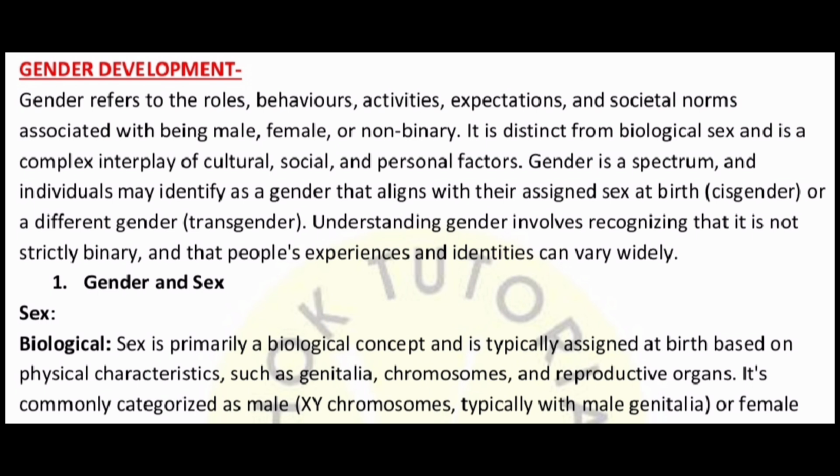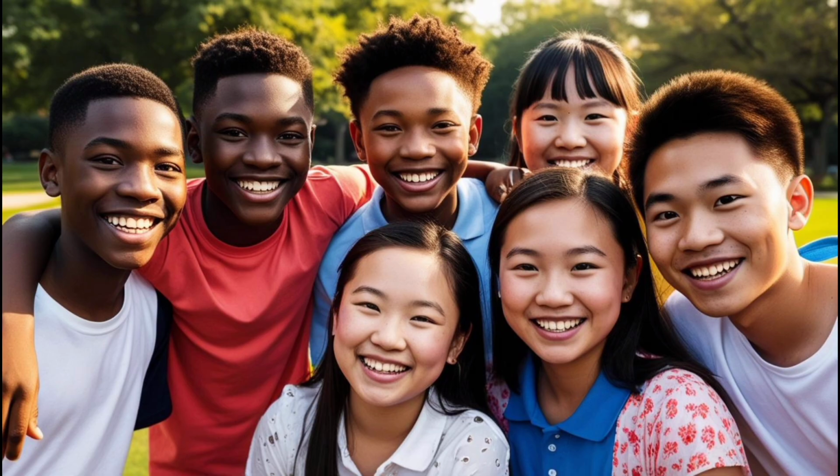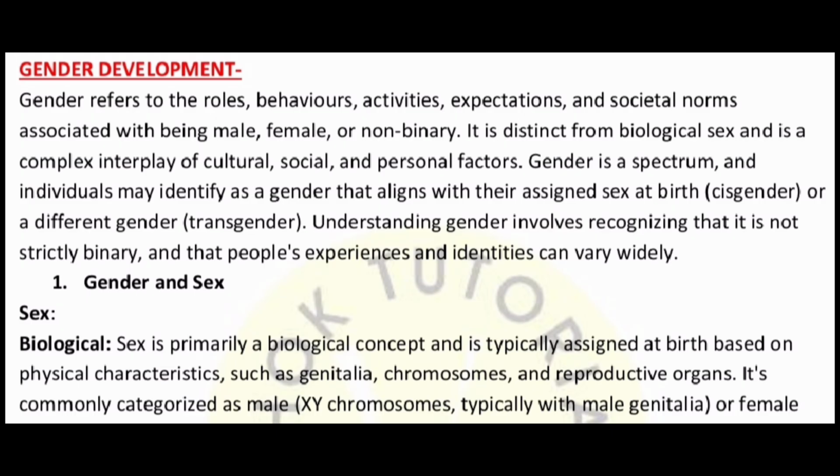Now what are they saying? They are saying that gender and sex are two different things. These are two very different things. According to biology, we have two sexes, that is male and female. But gender is not given out biologically. It is something which is given out to us by the society. So according to life science, or according to biology, we are generally only male and female.